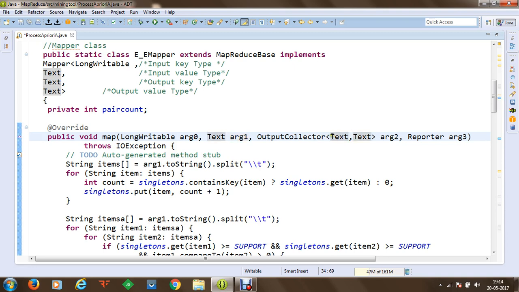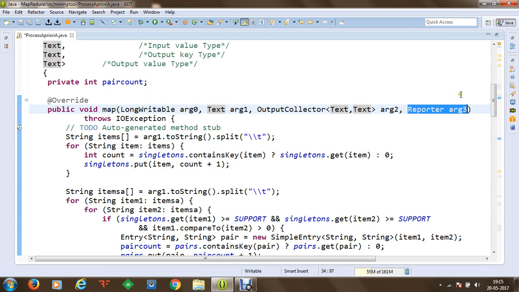In this we have to specify the key type of the output and the value type of the output. Once we have specified the key value, then finally we have a reporter as well. This reporter is used to send progress information of the mapping process to your system. Once we have got the reporting information and the map process starts, then what next we have is, first of